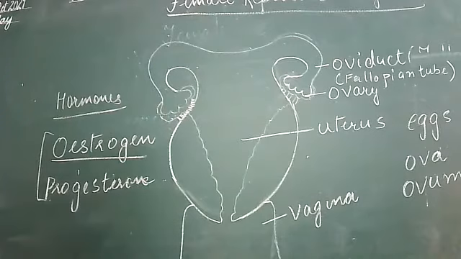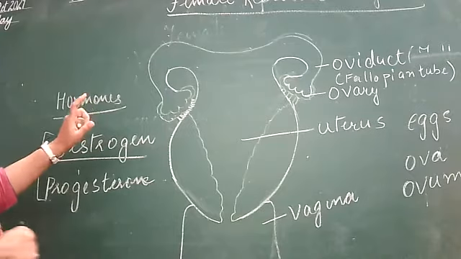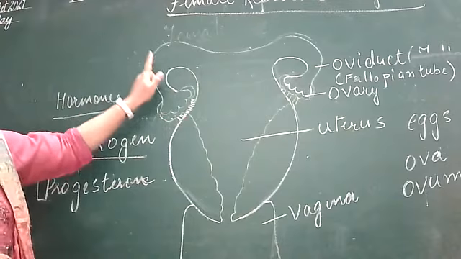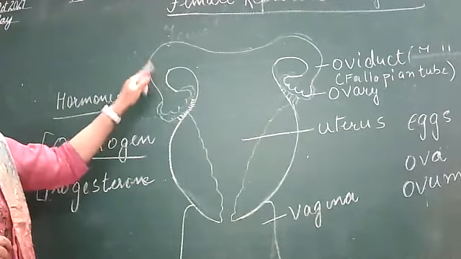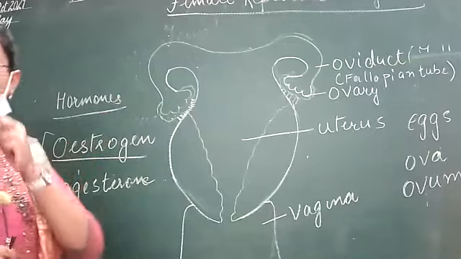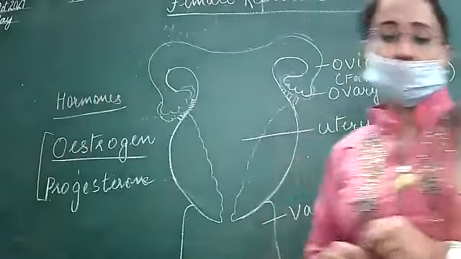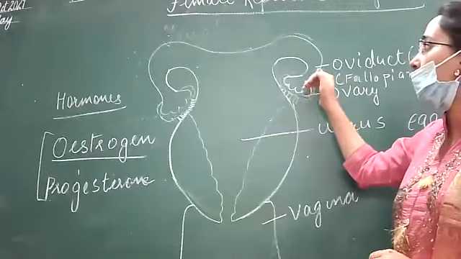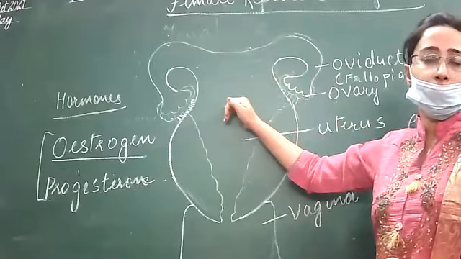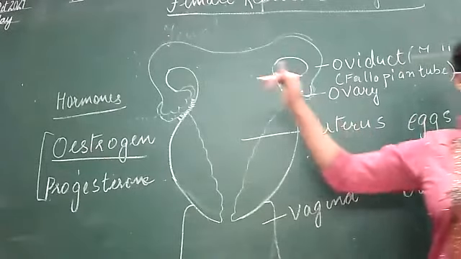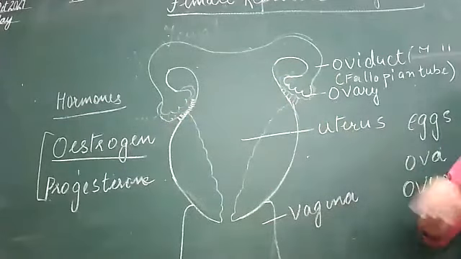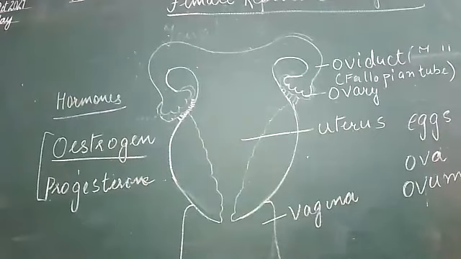More about this tube: it opens in a funnel shape. See the shape? The opening is here, where it opens to the ovaries, the opening is funnel shaped. Got it? And what are the tubes doing? The two tubes are joining ovary and uterus. Okay? So there is a pair of oviducts or fallopian tubes as there is a pair of ovaries.